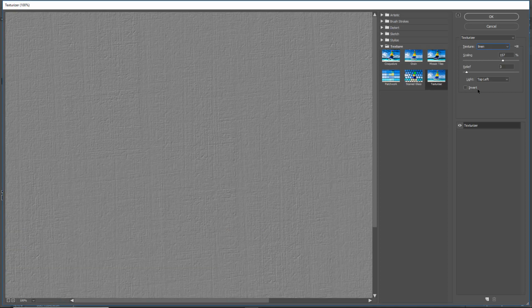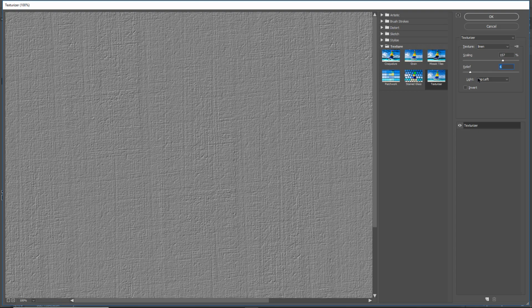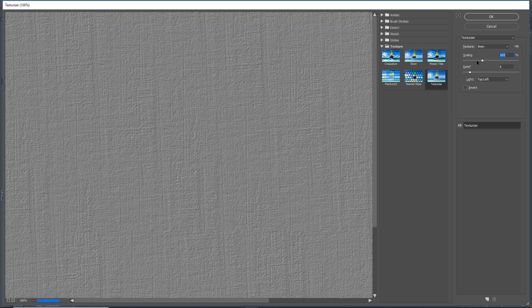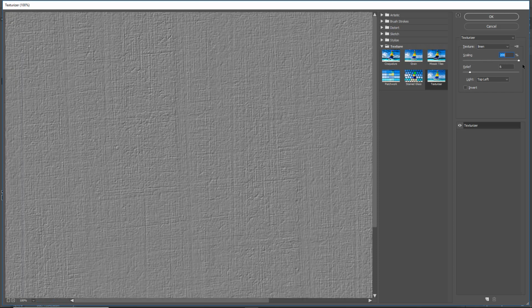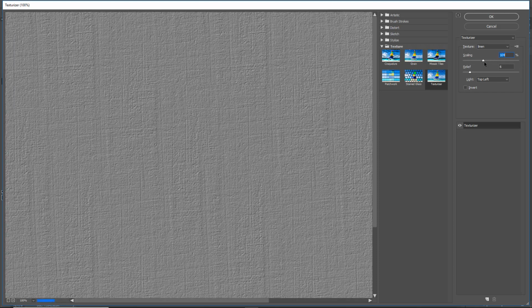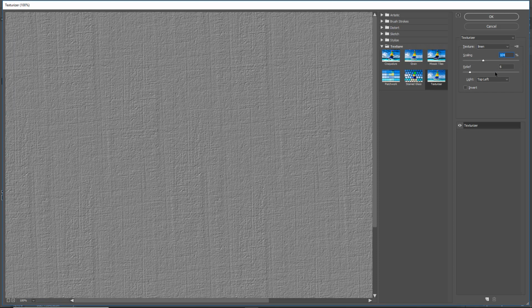There you can see the texture, so we get the opportunity. What I sometimes do personally is push the relief up a little bit so I can see the texture strong. Then I decide on the scaling that I want, whether it's going to be small or large. And this is the beauty of being able to come back in here as many times as we like. Then I can adjust the relief. To be honest, I think the relief looks alright at 6 at the moment,